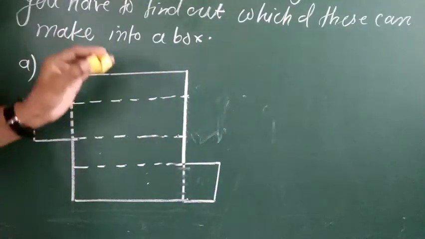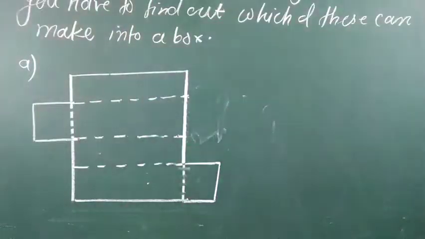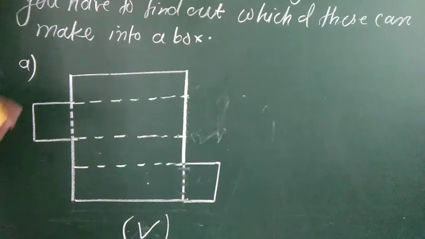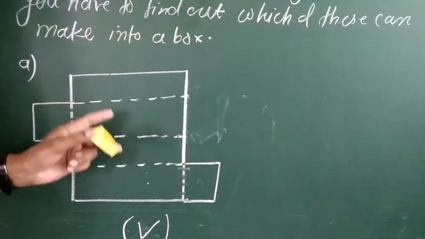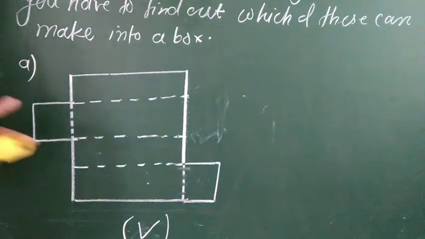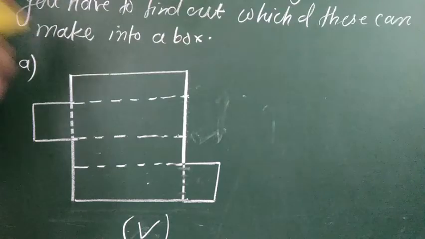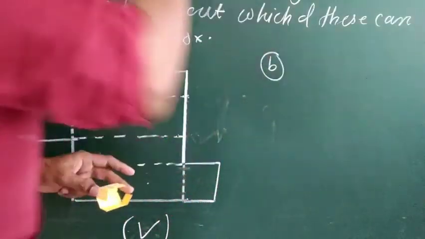हम ये बोल सकते हैं कि जो डिजाइन है बेटा, ये डिजाइन आपको क्या बनाती है? After folding, it makes a box. ये क्या बनाती है? आपका box बनाती है. So we can put a right mark here, that this design, this cutting, makes a box when you fold it along this dotted line. जब हम dotted line से यहाँ पर फोल्ड करते तो ये आपका क्यूबाइड शेप में बेटा बॉक्स में चेंज हो रहा, means it makes the box after folding. Now come to shape B.